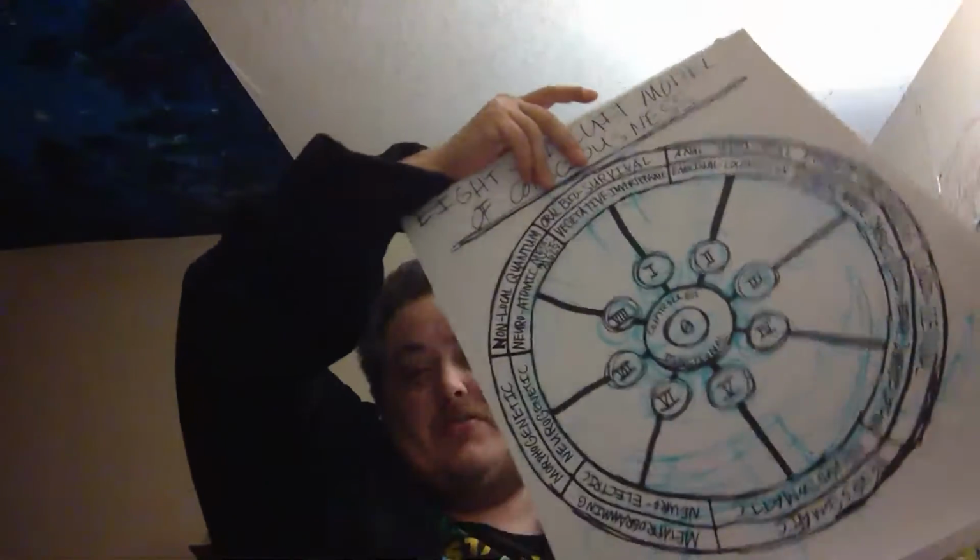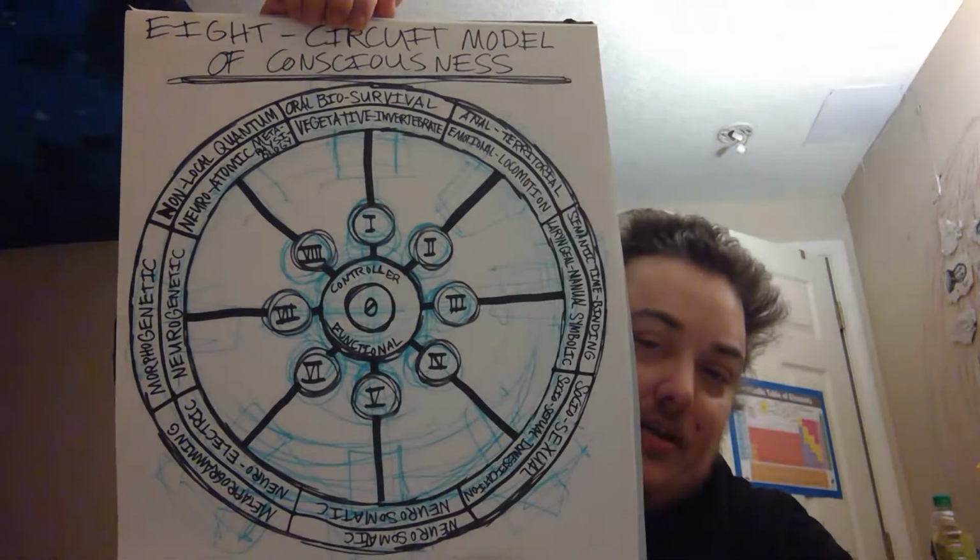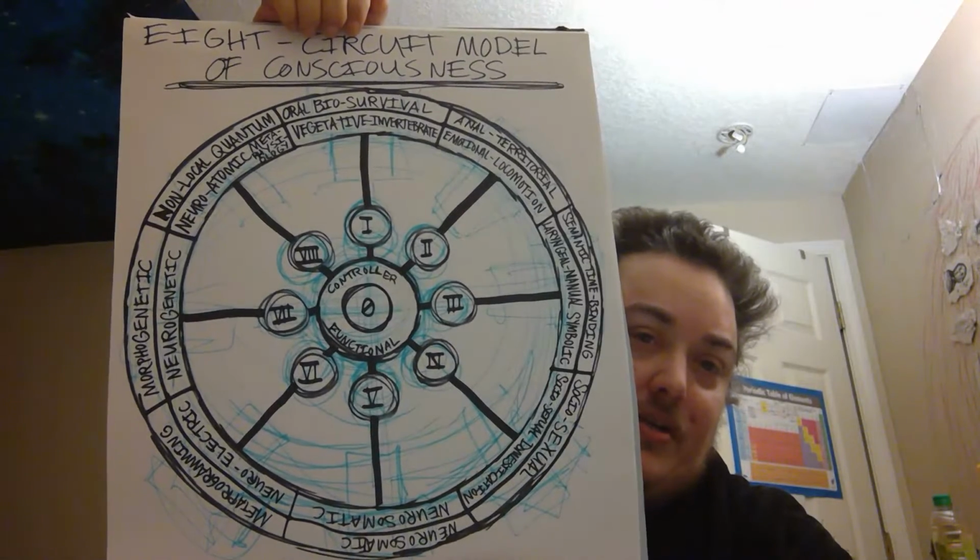So, first of all, I've got a kind of a chart that I've been making of the eight circuit model based off of a version of it that I've seen in the Hexen Tarot, a tarot deck that actually refers to a lot of this 60s and Cold War era technology and psychology, which is really great because it's actually still being used today quite a lot in government, especially. I don't really think they ever started using anything else, which is concerning. So I don't think the eight circuit model has ever really been reviewed to get the old science out and put the new science in, as it were.